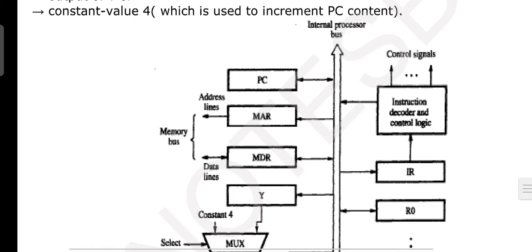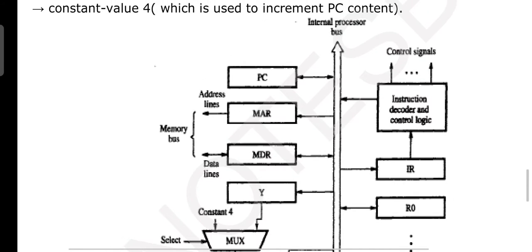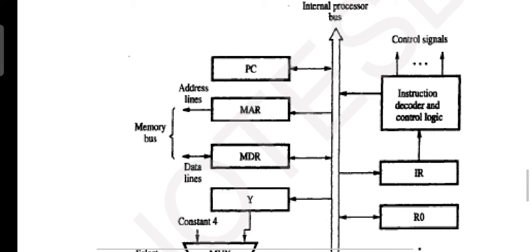Content from register, which register? Say R1. R1 content is placed onto the internal processor bus, because each and every general purpose register R will be having a bidirectional arrow. It can either send the data or receive the data, to the internal processor bus or from the internal processor bus respectively. So R1 is initially placed onto the internal processor bus and hence onto Y. Y is one of the intermediate registers used for computation. Since this data is needed for computation, place it on Y. Right? Please try to understand.